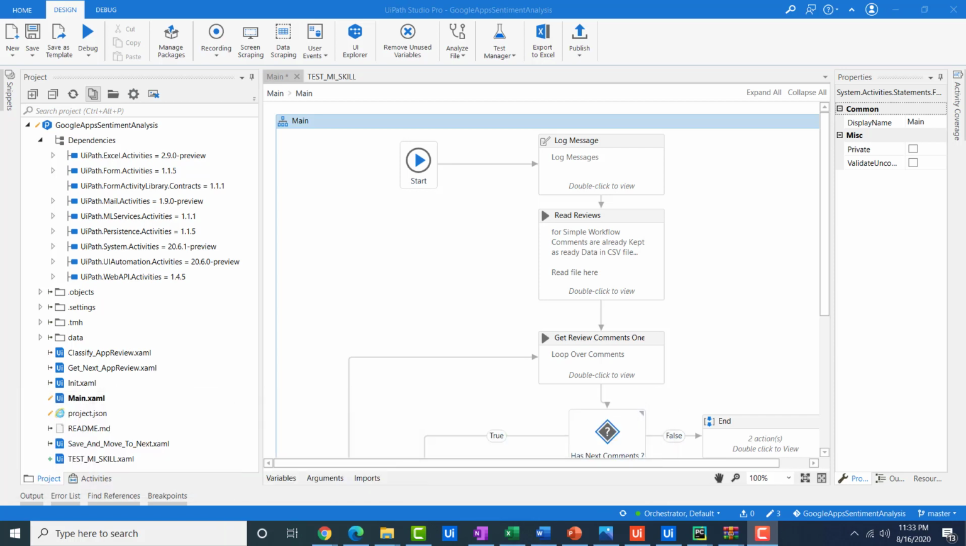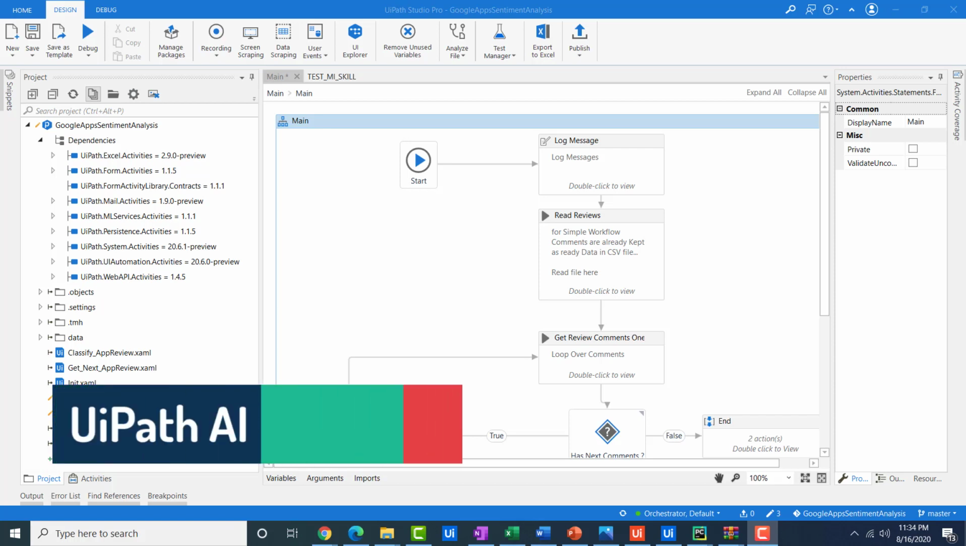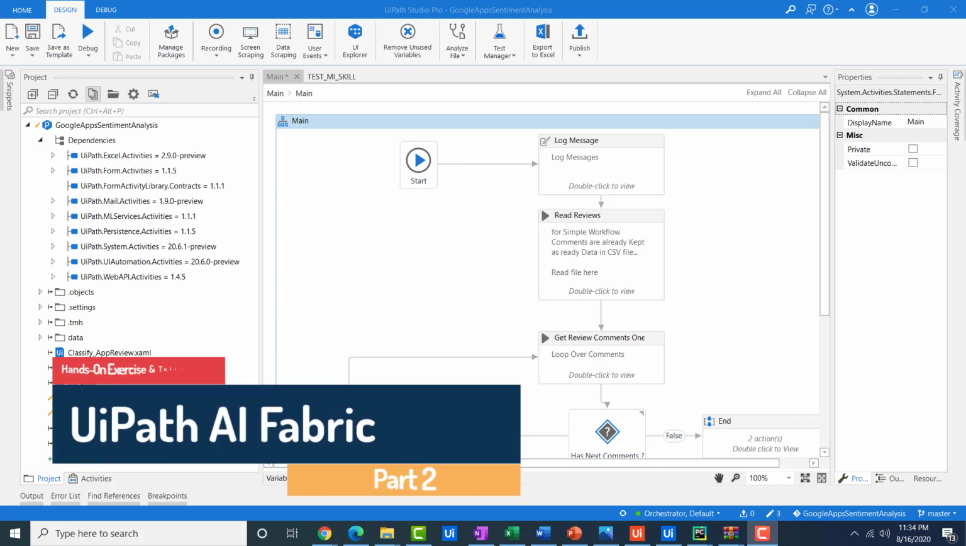In this part, I'm going to cover how to use your already deployed ML skill in the project. We are continuing from the last video where we created ML skills for sentiment analysis, and in this video we're going to consume that ML skill by building our workflow and using the ML skill inside UiPath Studio. We'll work on the Google Apps comment sentiment analysis project,